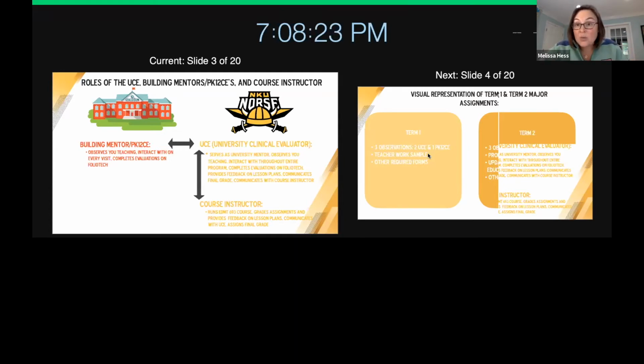The first is that your UCE might have changed, although we really tried to keep it the same. Your UCEs really like to be with you and watch you go through the whole entire program. And then don't expect it all to be digital observations or all to be in-person observations. Your UCE will decide for each observation. Now, that is to say that your schools let our UCEs in. Depending on how things go as the school year starts, the school district may say no one additional gets to come in. At that point, then we just do have to do digital observations like we did